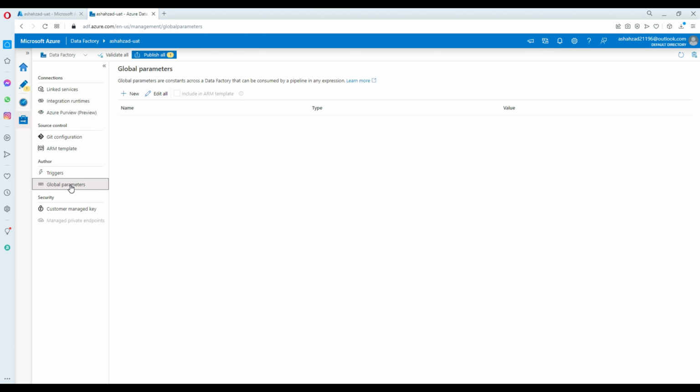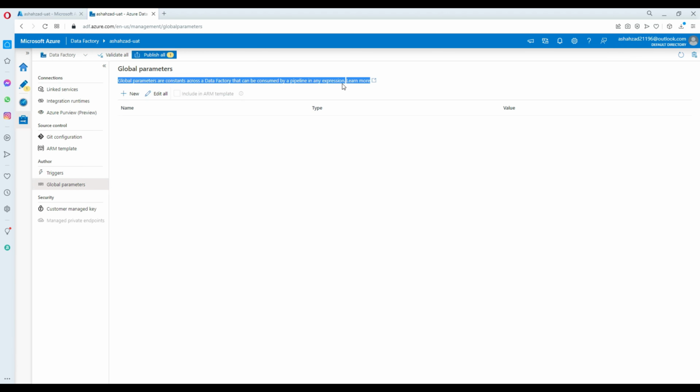So it will reduce your work while you deploy. Maybe you are connecting to SQL Server in 100 pipelines. You don't want to create a parameter inside the pipeline and save that information 100 times. You want to just create a global parameter and then use this parameter inside each pipeline. So it will help you